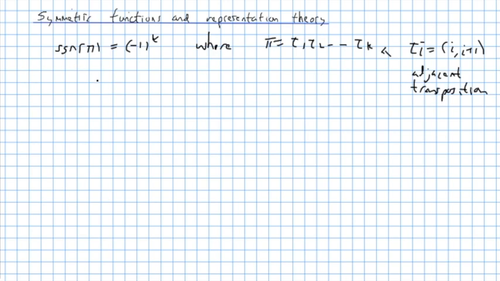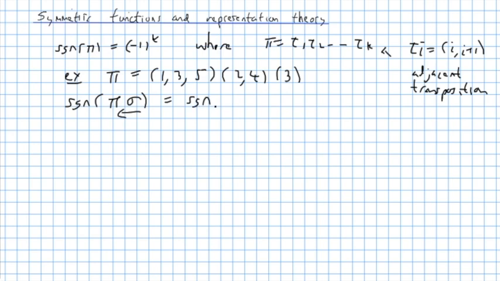Okay, so our example from before, this permutation had 1 going to 3, going to 5, going back to 1, 2 going to 4, and 3. And if I want to know the sign of this, well, it happens that the sign of the product of two permutations, and by the way, I'm multiplying permutations from right to left, it so happens that this is multiplicative. So if I want to know the sign of this permutation here, well, it's enough to know the sign of